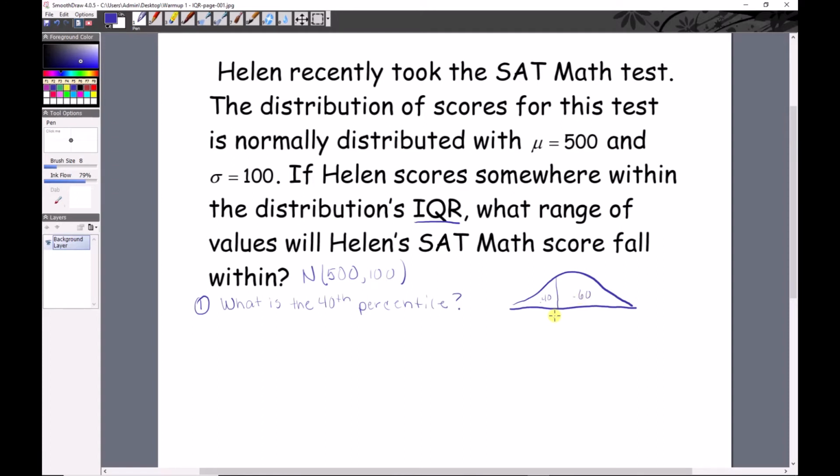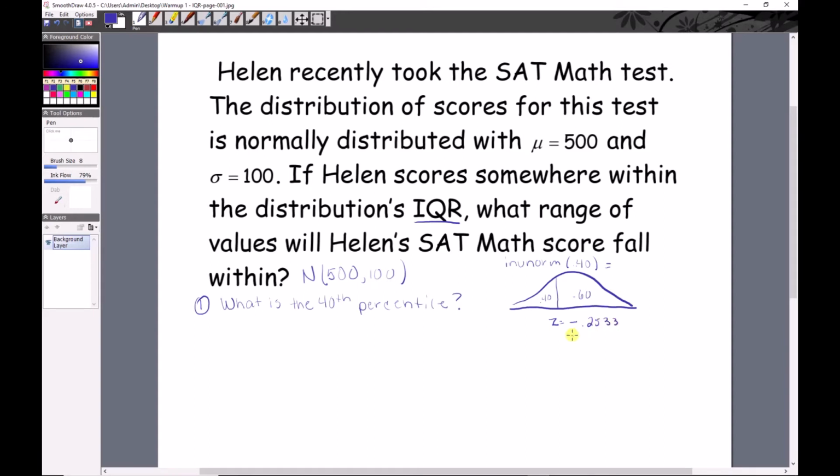and on the other side would be 0.60. And what we need here is the z-score, because we're going to do (x minus mu) over sigma equals z. So we need the z-score at this cut point. So that'll be inverse norm. And remember, inverse norm reads left to right, and it's set up exactly the way we want it. So inverse norm 0.40 will give you the z-score of, let's see, negative